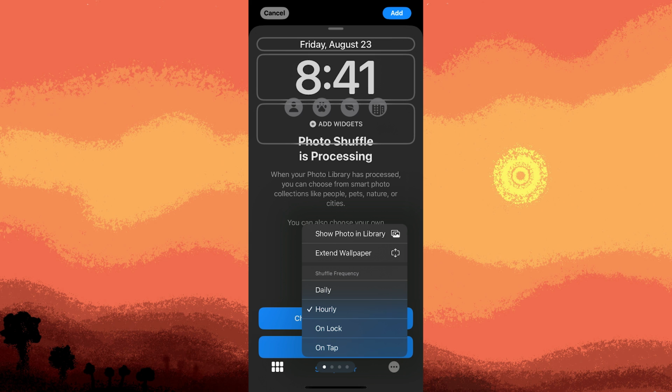Now tap on the three dots on the bottom right corner to choose how often the wallpaper changes: on tap, unlock, hourly, or daily. Tap Add when you're done, and the wallpaper will automatically change based on the shuffle frequency you selected. Using these steps, you can enjoy a variety of changing wallpapers on your iPhone, adding a fresh look whenever you